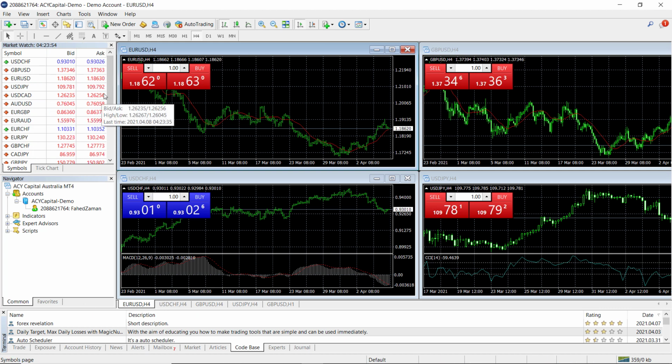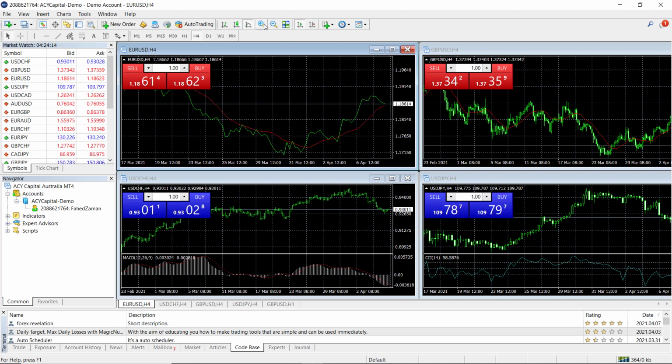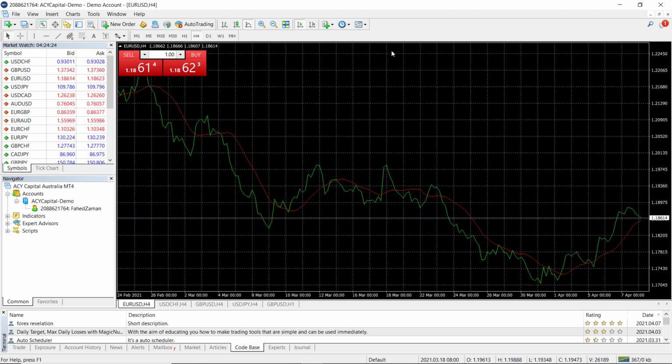In the center of the dashboard, here we can see our main chart windows. You can change your chart types here from either candlestick, bar or line charts. You can zoom in and zoom out of the selected chart window. If you wish to open a selected chart window into a full screen window, all you will need to do is simply click on the full screen button.